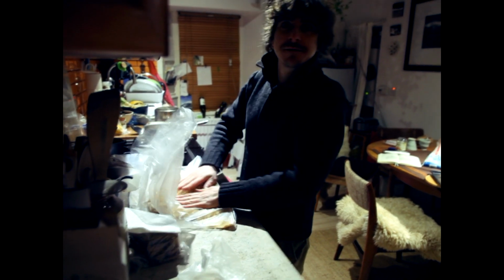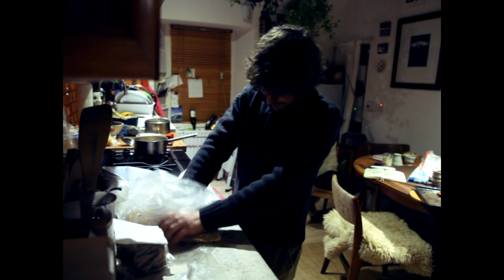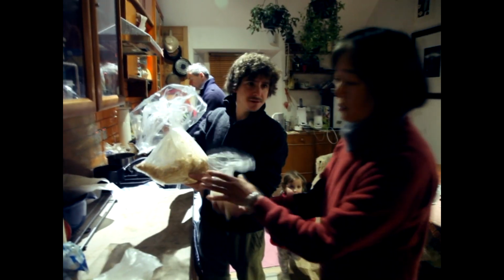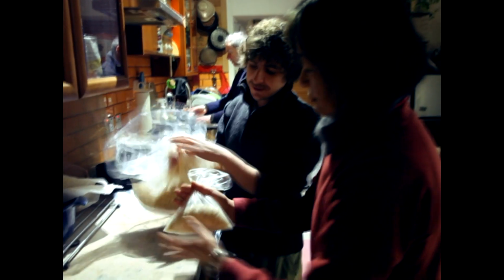It's pretty hands-on, like everything you make at home. In the next step will be the koji and shio as the salt. Yeah. So we'll be activating the